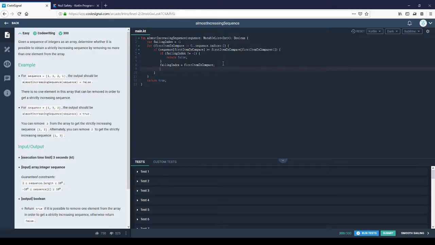Let's always first swap out the first one that is invalid. If it still fails, by it still fails, I mean that if the next one that is after the second item is still larger than. So if